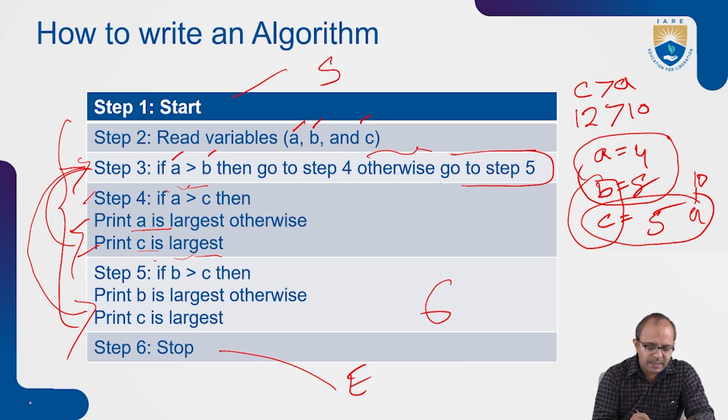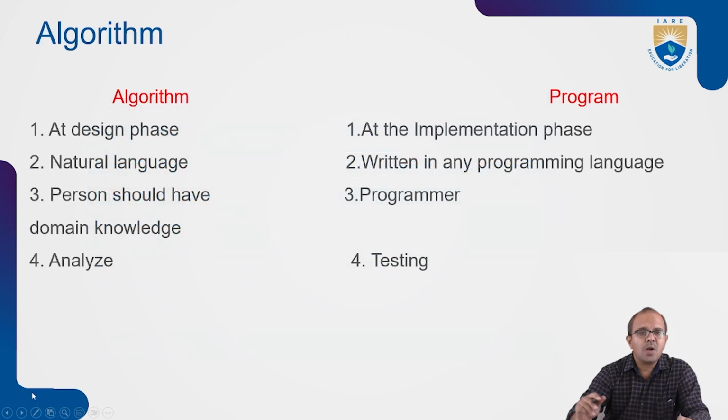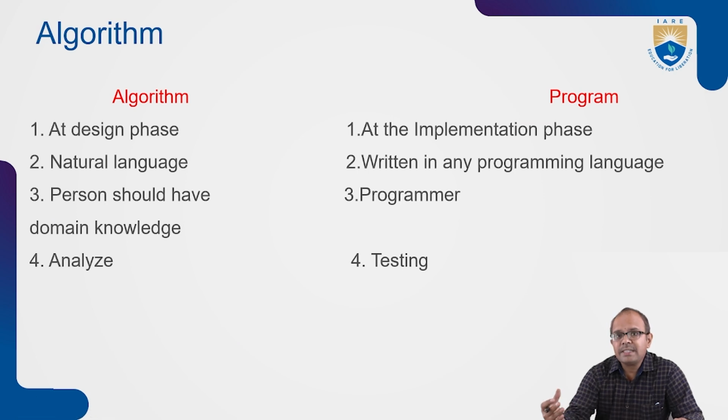Right. This is a simple illustration. How can we present an algorithm? How can we write the algorithm in a pseudo code manner? Whatever we have seen previously, that is not a program. That is truly not a program. With those steps, we can implement in any programming language such as C, Java, C++, Python, whatever it may be. But these steps are essential. Reading the variables, comparing the variables, and then print the maximum value of the variable.